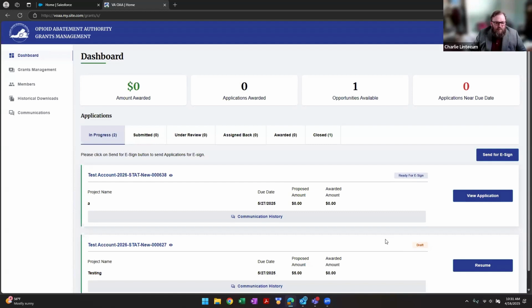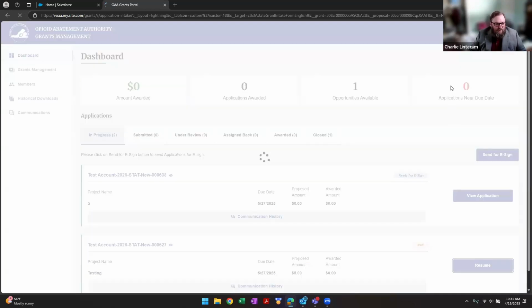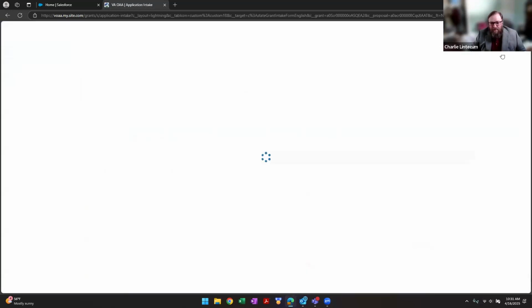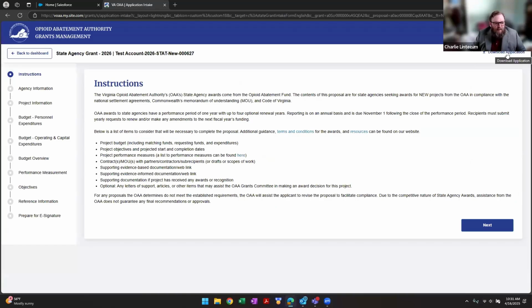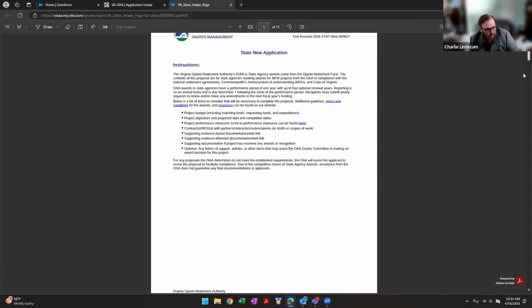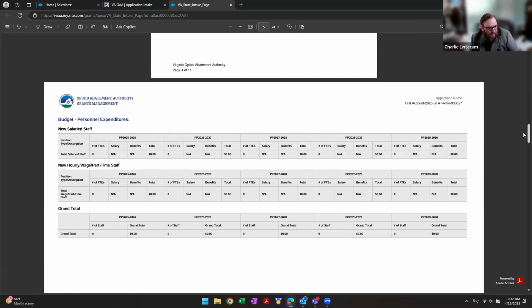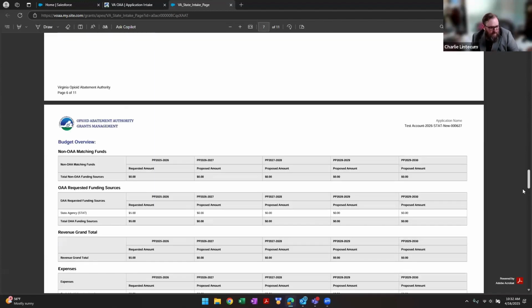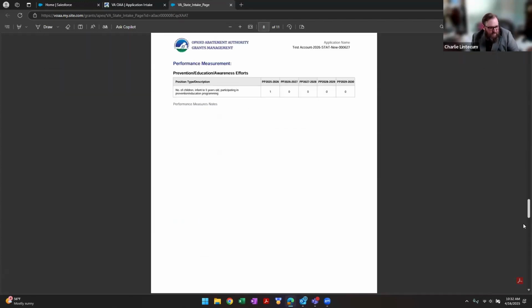Yeah, and I think you noticed when Matt went through and got everything in this ready for e-sign status, you could download the application in case you need to have other people that are not in the portal to see it. But you can also do that, as Matt's showing you now up in the upper right-hand corner on any of these screens. You can download wherever the application is in the current project. If you need to have other people review that, you can send it out for them to see the content and whatnot. It creates a PDF with a page for each screen that's pretty easy to follow.